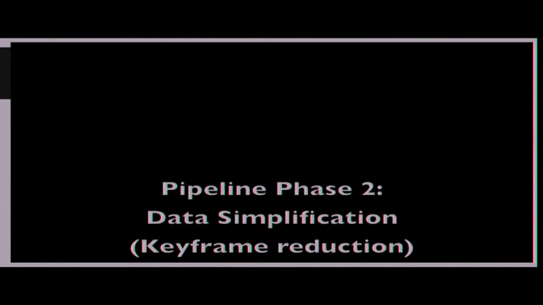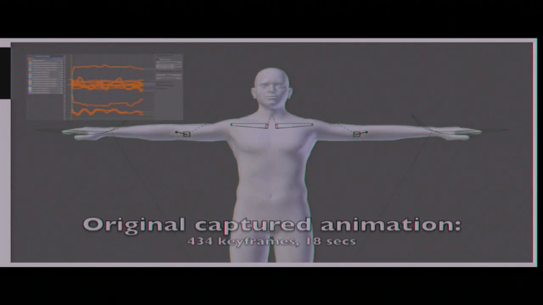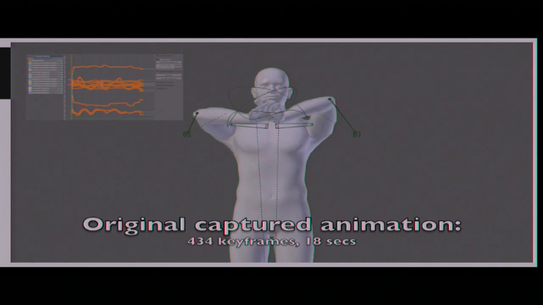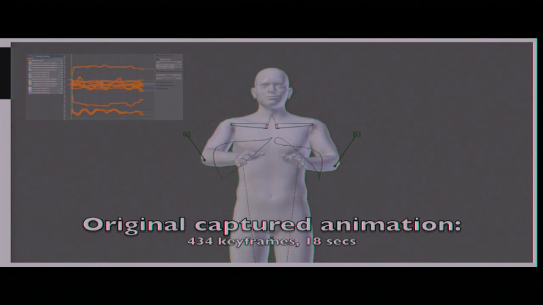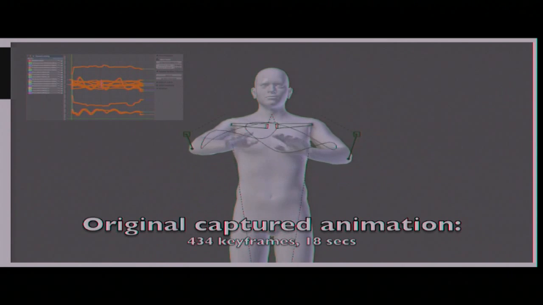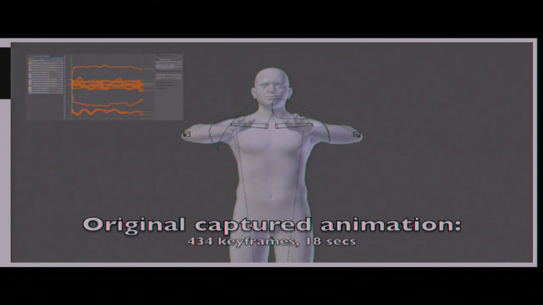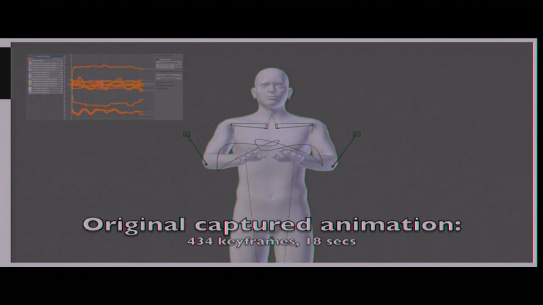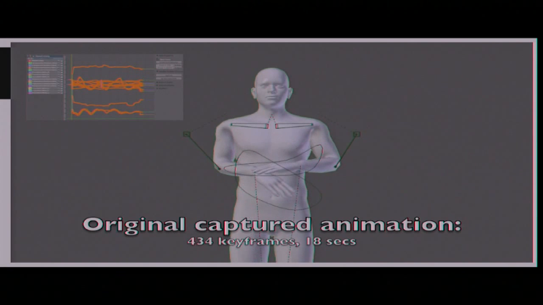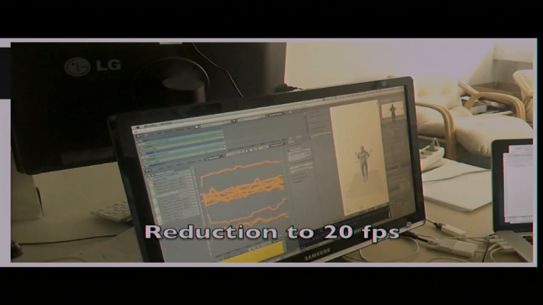And then you can use our plugin to simplify your data. It's a very old method to extract meaningful keyframes from very densely sampled data. Normally, they used this technique in the past to extract key postures from motion captured data. So this is the noisy animation that comes from the recording.